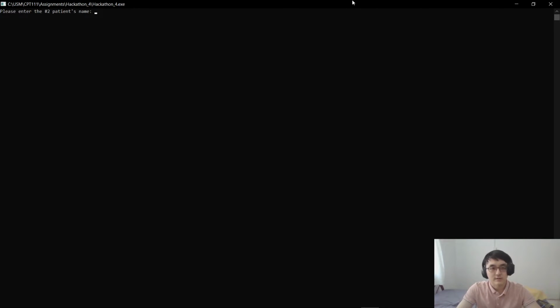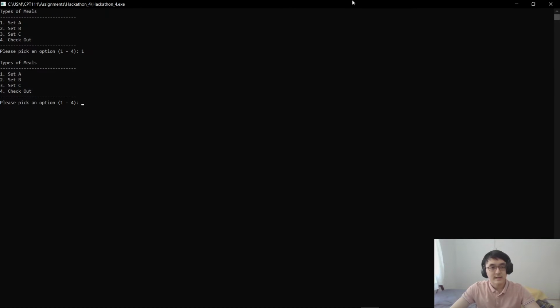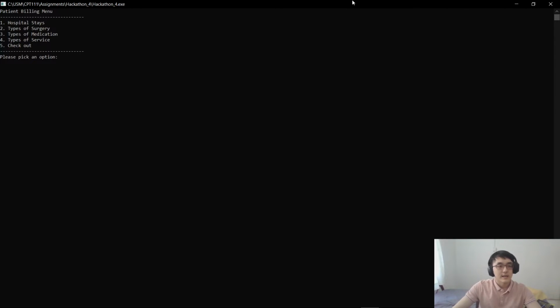interface where we have to enter the second patient's name. So maybe the second patient's name is Ali, and we enter. Maybe Ali stays in the hospital for 2 days and he picked the single standard room. And maybe for the first day he had set A as his meals, and the second day he had set C as his meals. And let's say he didn't receive surgery but he received medication, so choose number 3, paracetamol, and if he doesn't have anything left, he can just pick